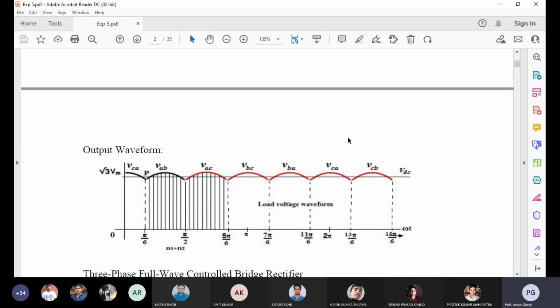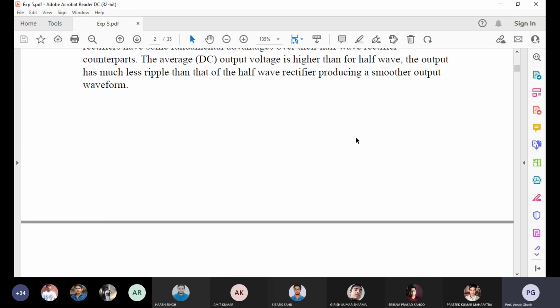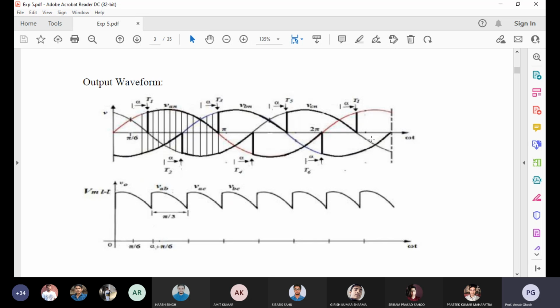Okay, so the basic material I have already circulated. Please download it and check it. So the relation between phase voltage and line voltage, and the selection of the gate pulse is also important. Normally it is 30° ahead. So when you are selecting the gate pulse, keep that in mind. Otherwise the system is simple, but the selection and management of the firing pulse you have to think about and simulate.